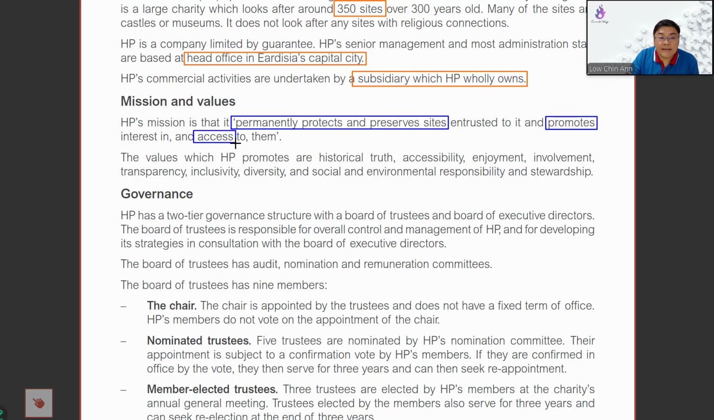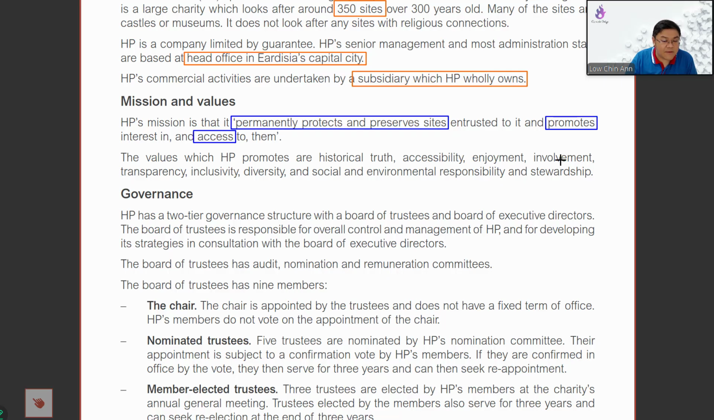So for example, like I said, if a question is on project management of a restoration site, and then suddenly you see that the site will have to be closed for 6 months or 1 year, that will be basically against your mission, because your mission is to give access to people, and what you're doing exactly is to limit the access. So you might need to ask yourself, what can I do so that I will uphold my mission? Now, the values which HP promotes are historical truth,